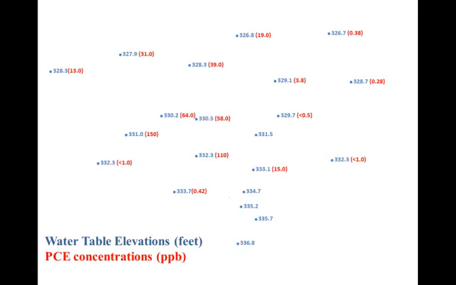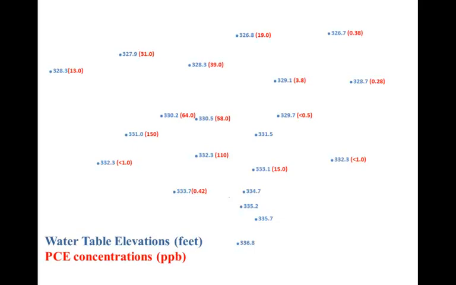Class, in this clip we're going to go through the steps of drawing a contour map, of contouring the water table based on the measured elevations of the water table in wells, mapping the extent of groundwater contamination shown by observed concentrations of a pollutant in groundwater, and then making predictions about where that contaminant plume is going to move based on the direction the groundwater flow is carrying it, as shown by the water table contours.